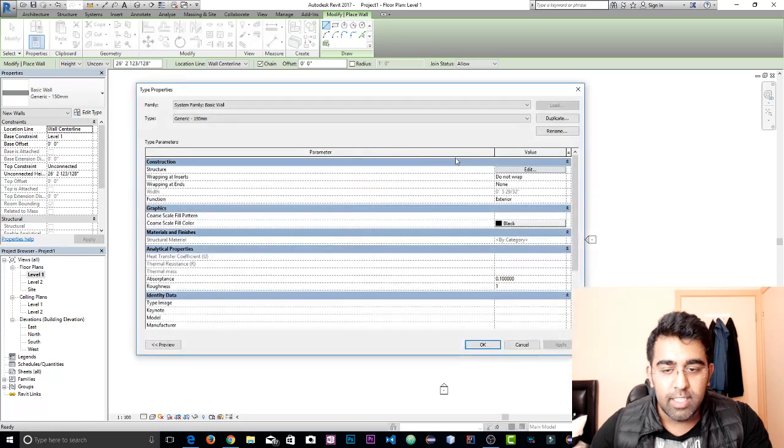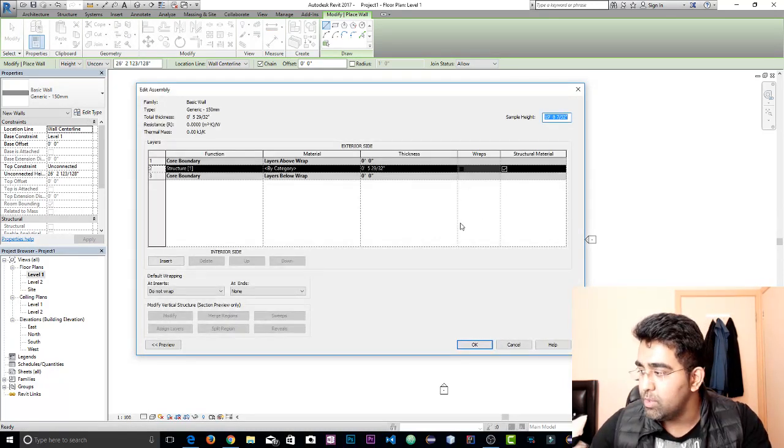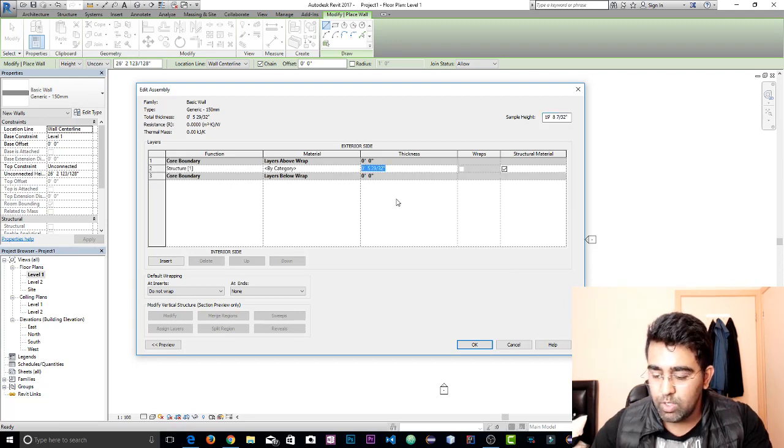Okay, let's click on Edit Type, and we have one structure. So what I'll do is create two structures. Structure one is about a thickness of 5 inches or something. So I want to change this to, let's say,